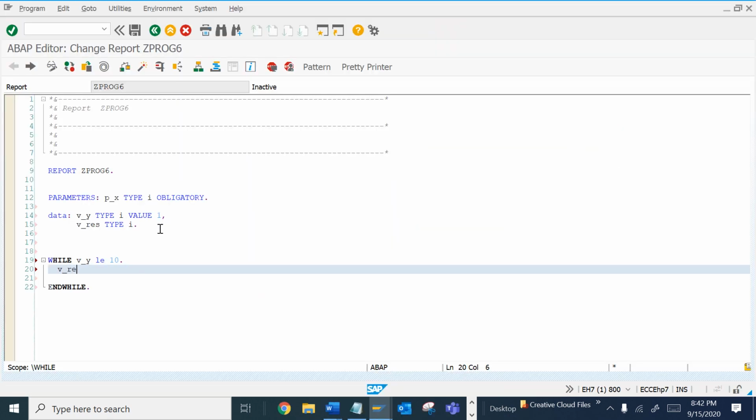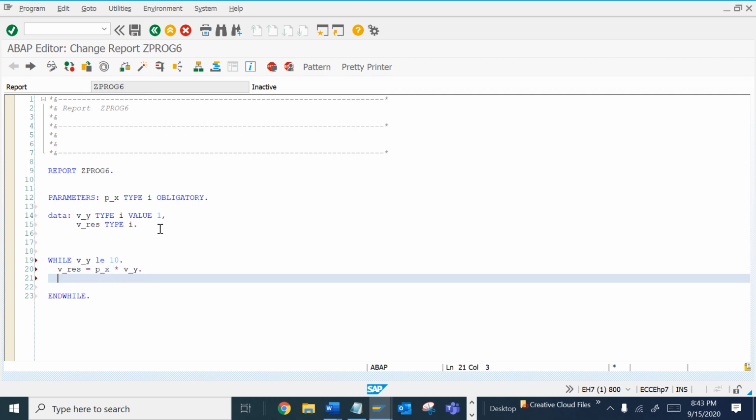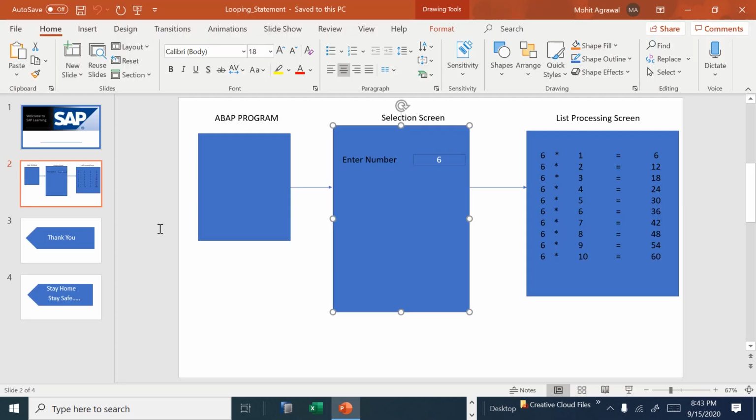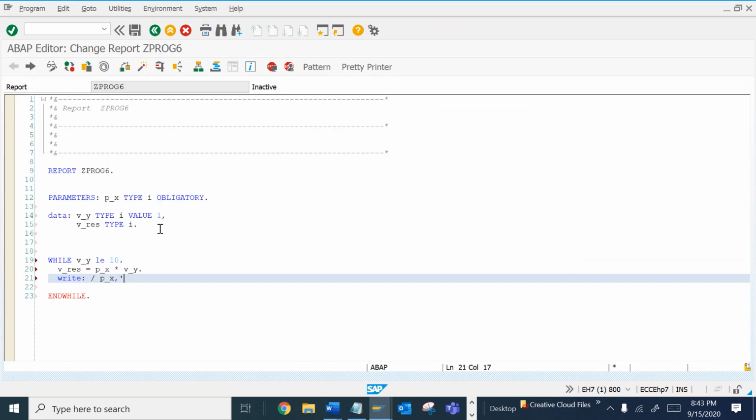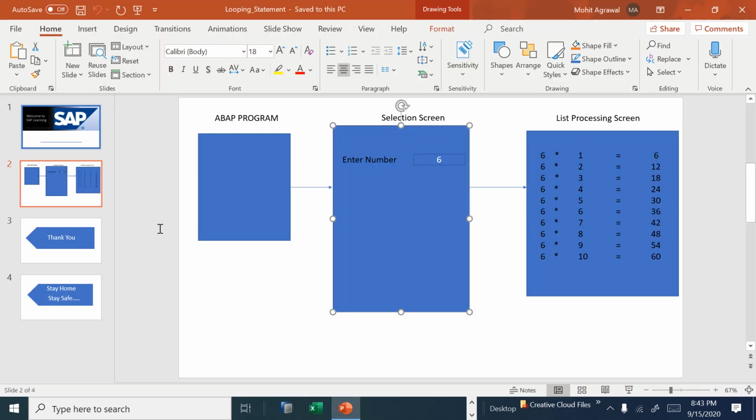We do p_x into v_y, and now we want to print our result as p_x, first the number, then the multiplication symbol, then v_y, which is the iteration, then a single equals to, and then our result.